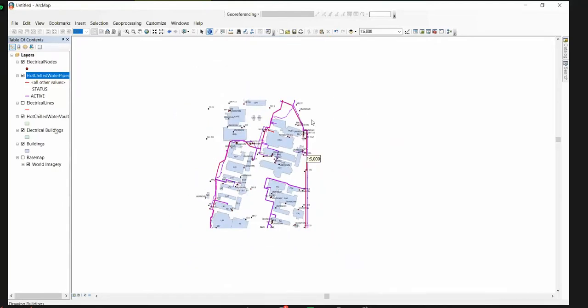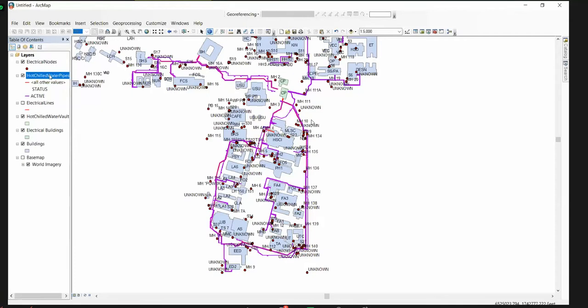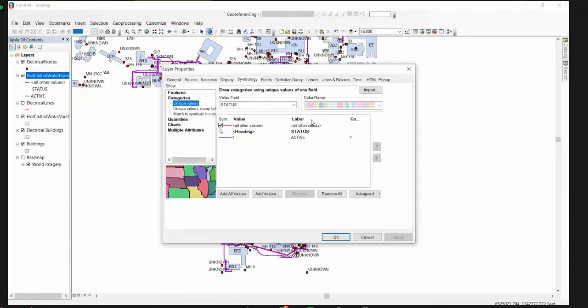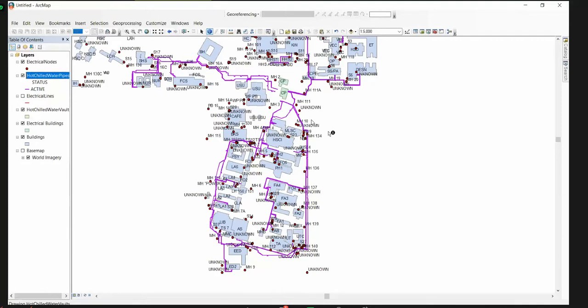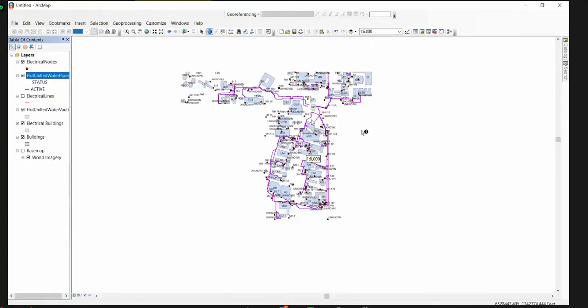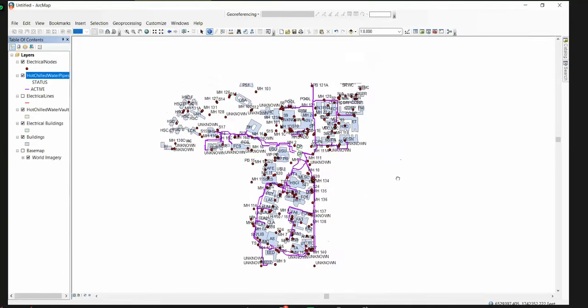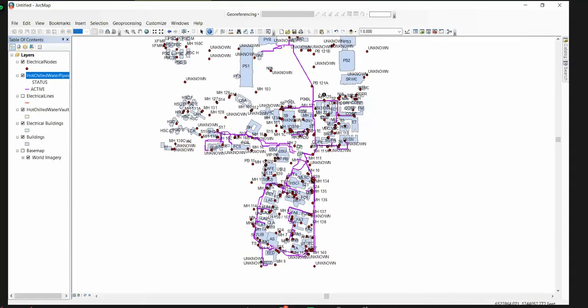But instead of that, if you don't want to show them at all, you can go here and uncheck the all other values. If you do that, the only thing that will show will be the active lines. So the line that was here, abandoned, is now hidden. So now you're only seeing the active hot and chilled water lines. So that's a little visualization. The other thing you can also do with that